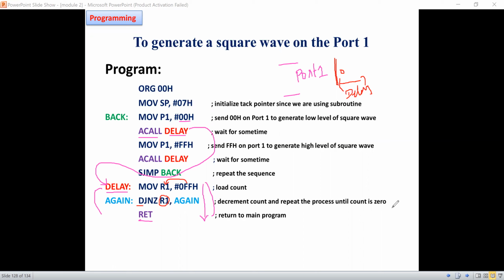For the first decrement, it will be FE. FE is not 0, so the condition is true. Then it automatically jumps to again.